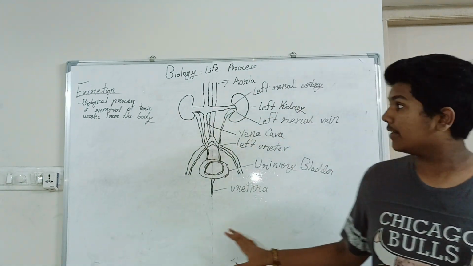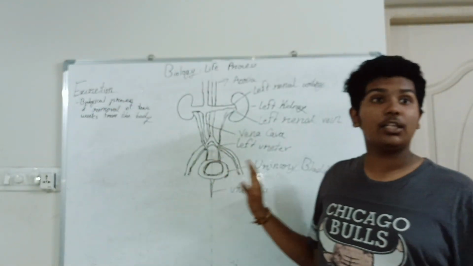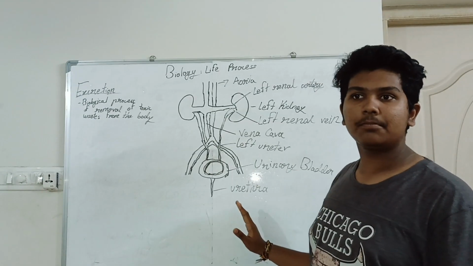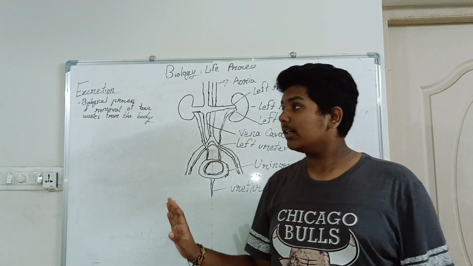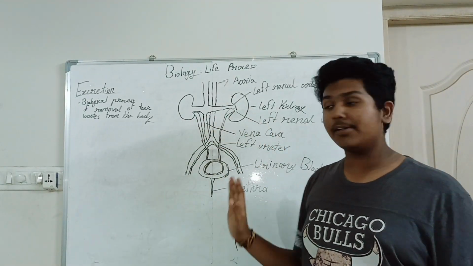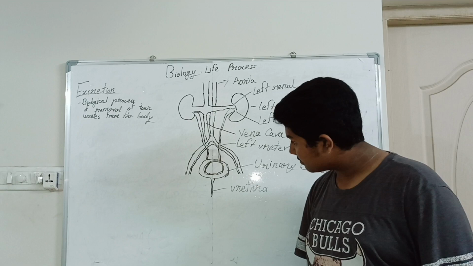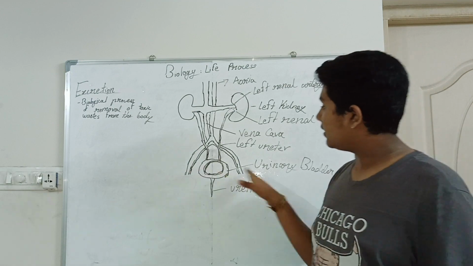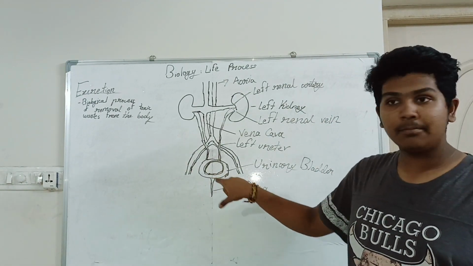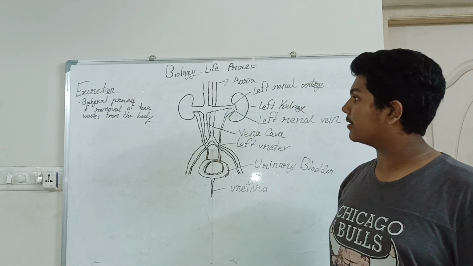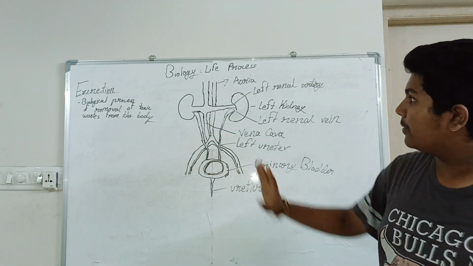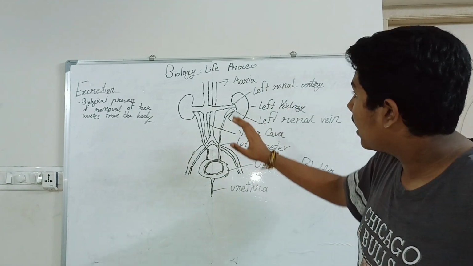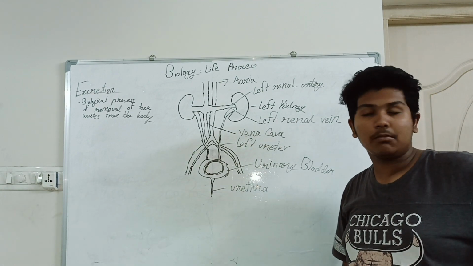So here is a diagram of excretion in human beings. So what are you seeing in this diagram? You can see here that there are some two beans here. One small, cat or dog tail? There'll be a dog tail. Then here two legs are there. One big bum and neck. So to be precise, here is the aorta where the blood is going, and here are the two kidneys,